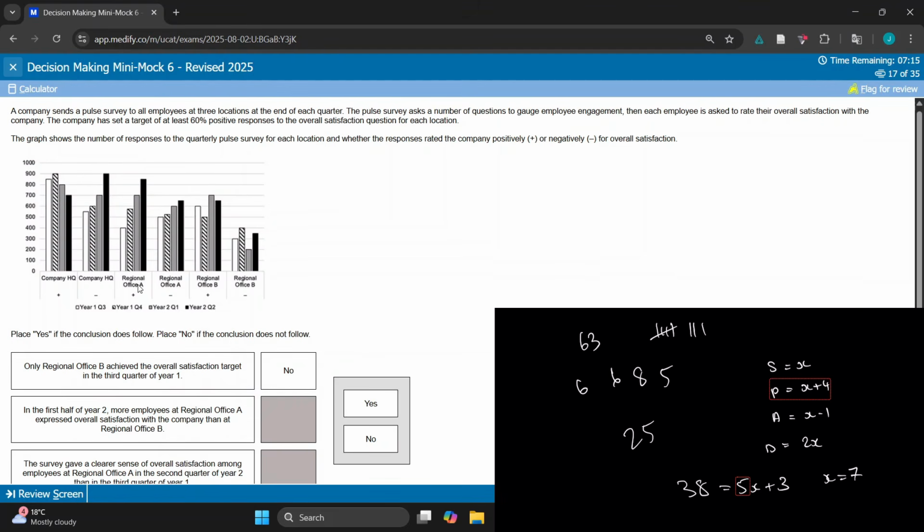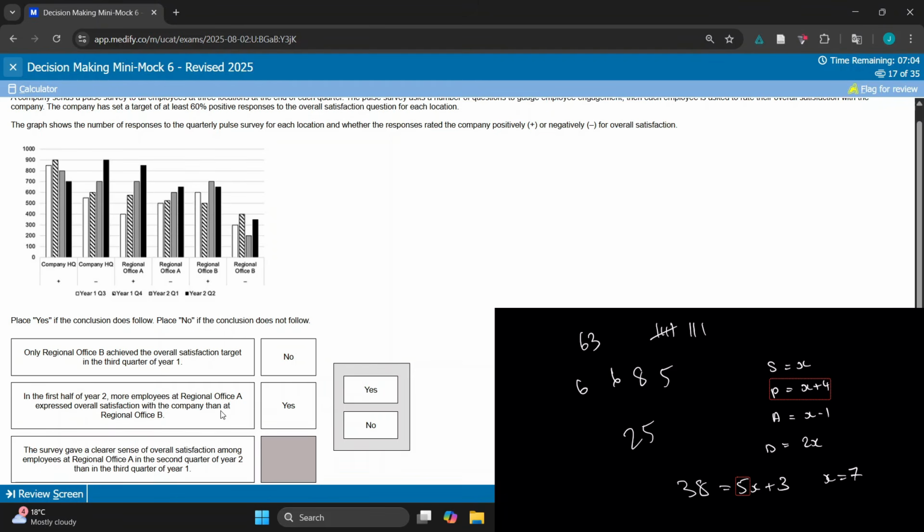In the first half of the year, more employees at Regional Office A expressed overall satisfaction with the company than... I would say so in terms of the overall number. Yes, because I'm looking at these 2 columns and these 2 columns. The survey gave a clear set of overall satisfaction